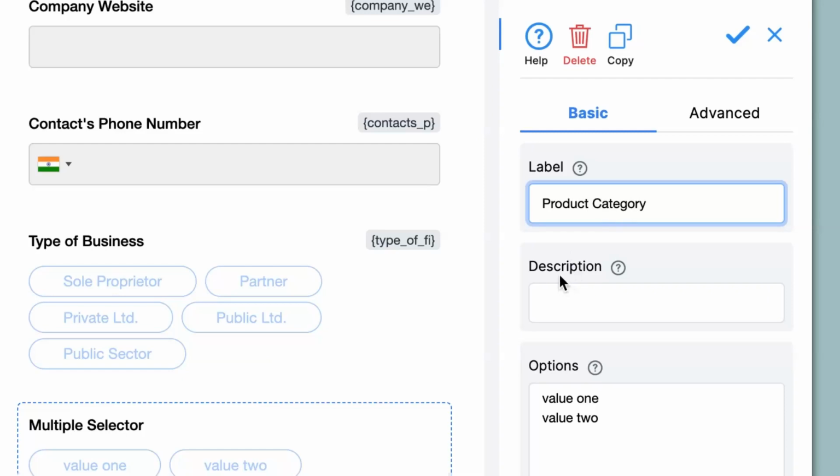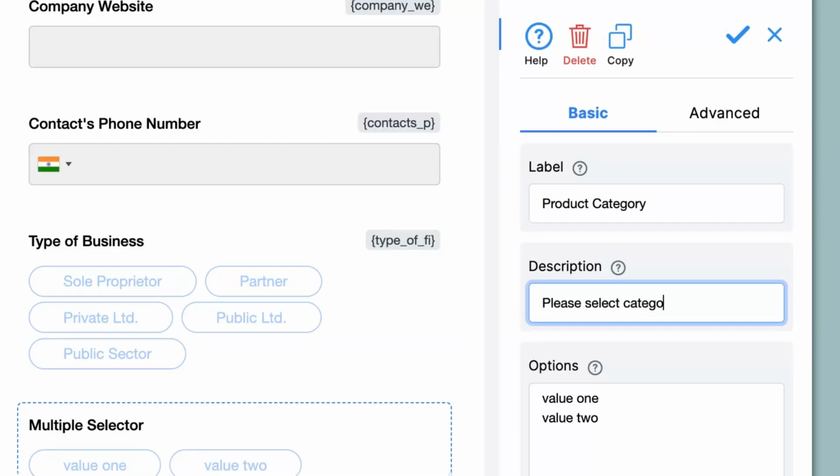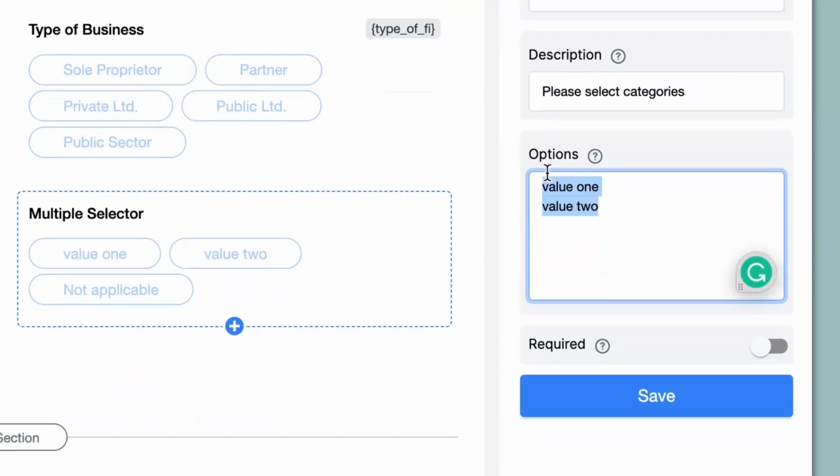You can also give a description to the field. So this allows a user who is filling in the application to know what to fill in the field. So I'll just mention something pretty simple like please select categories. Now we can give the actual options for the multiple selection. So I will type in all the different categories one after the other, keeping in mind that there are no